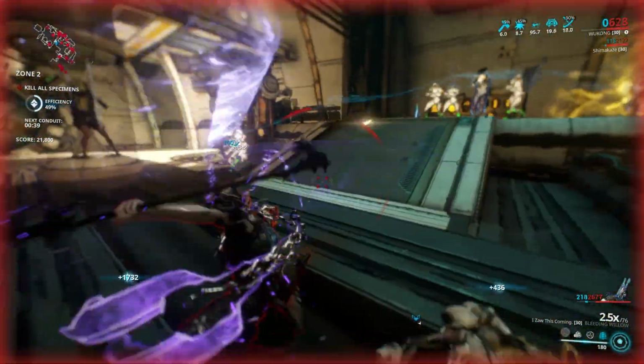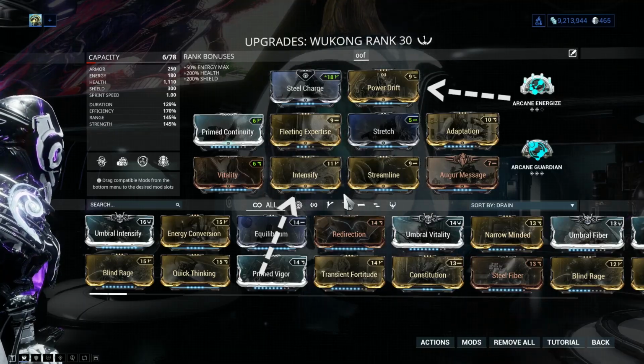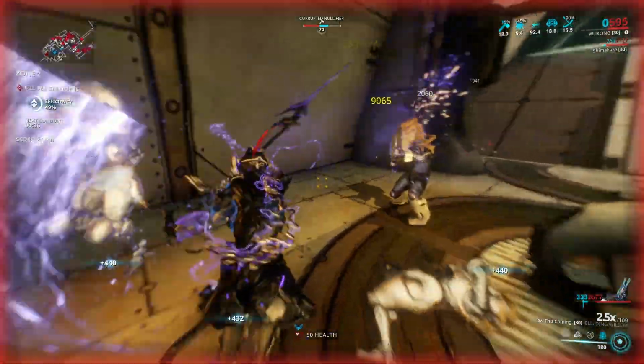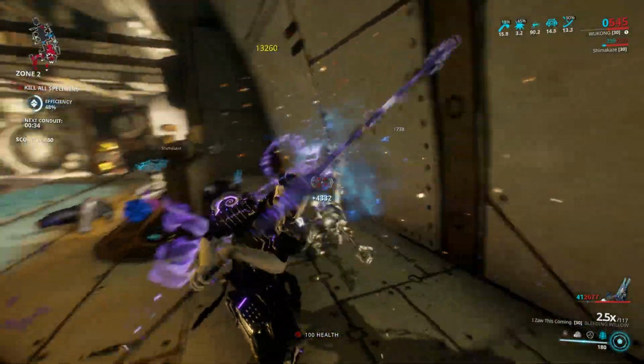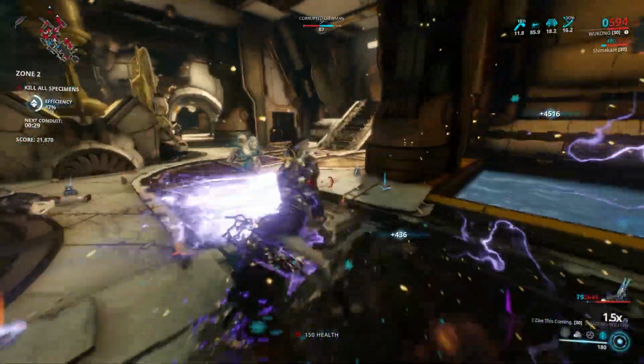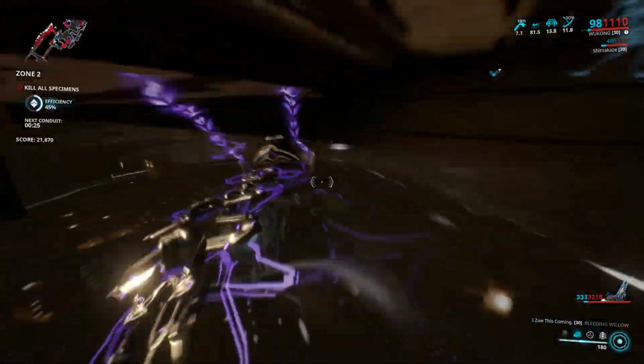And then we have strength mods, which are Intensify and Power Drift. Now, power strength is a little bit more important in this build because you will get more healing from Cloudwalker, more damage and armor multiplier from Defy, and also your Celestial Twin will have more HP. In other words, when you have this much power strength, whenever you use your Cloudwalker, you will get to heal more and your